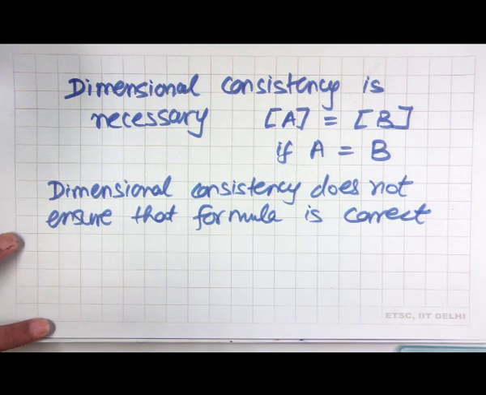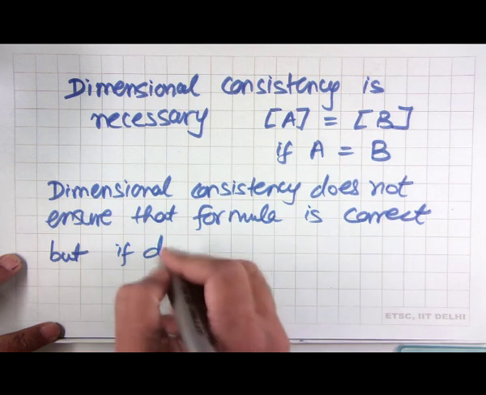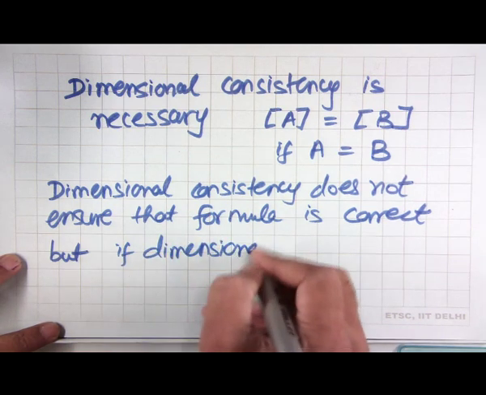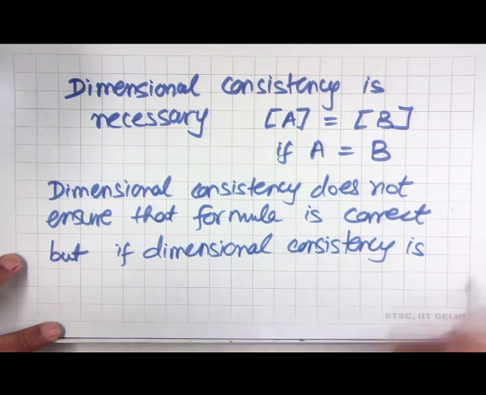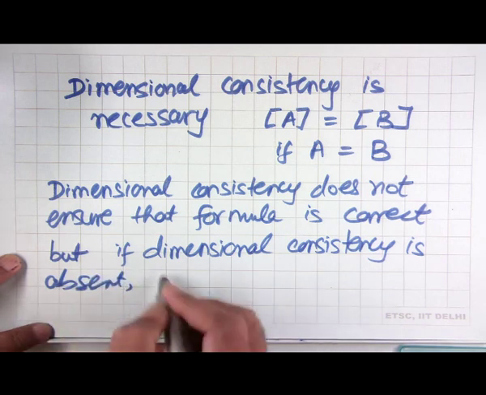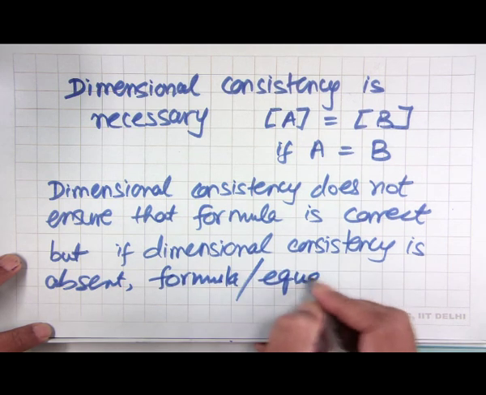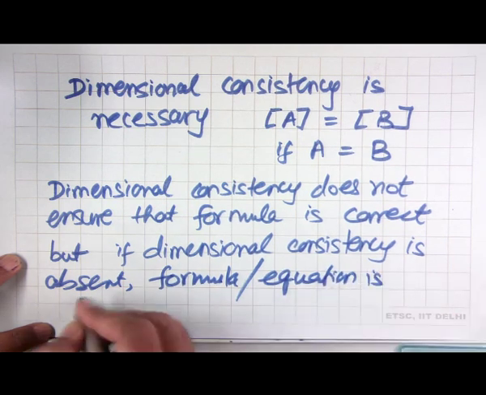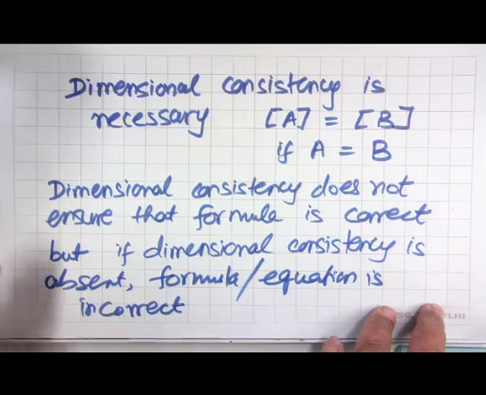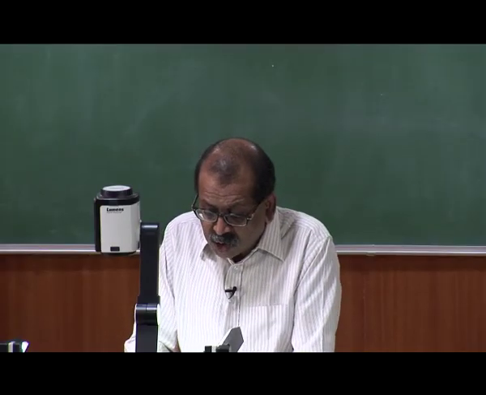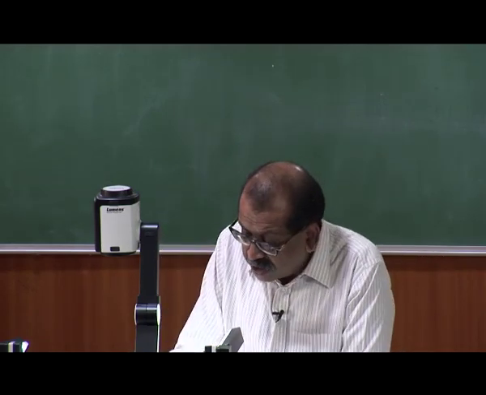The constants which are there, they may be wrong, but if dimensional consistency is absent, then clearly the formula or equation is incorrect. So, this one has to take care, and also what we realize is that there are certain quantities